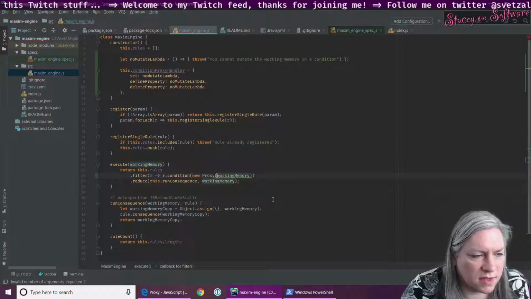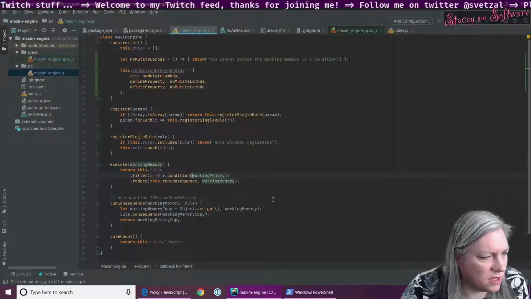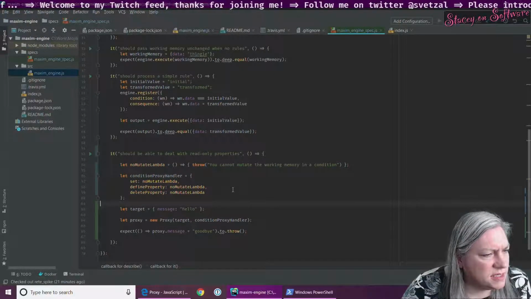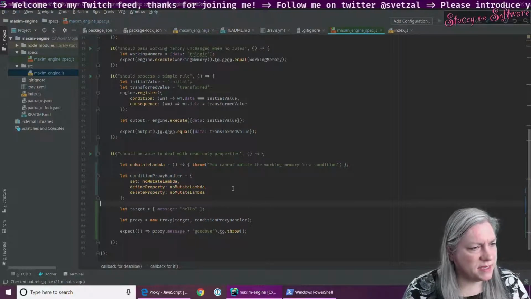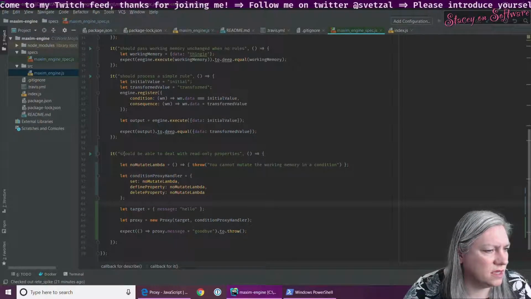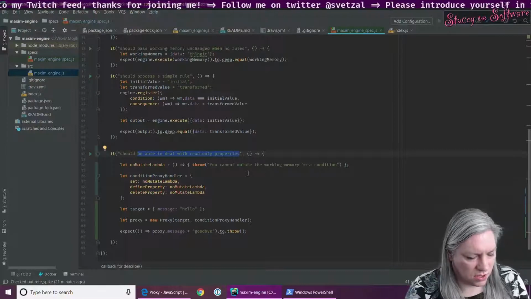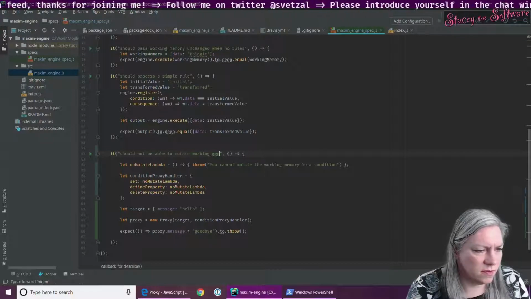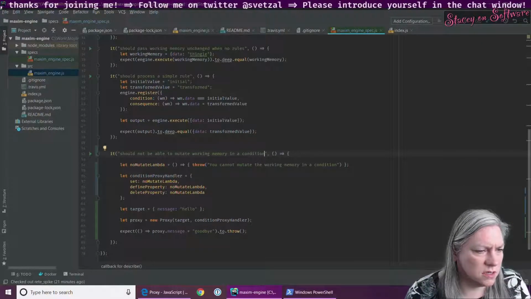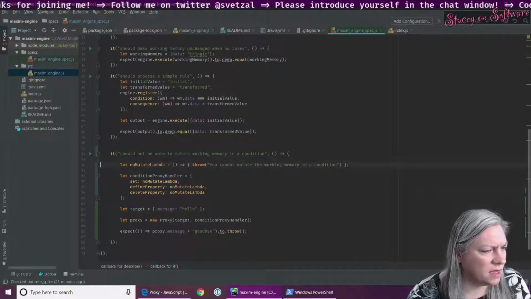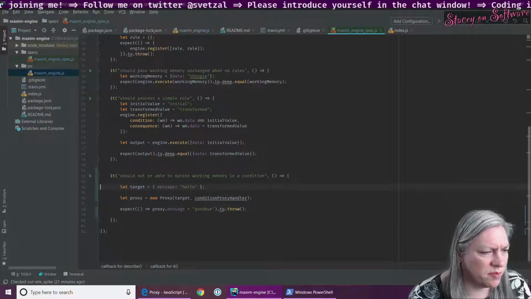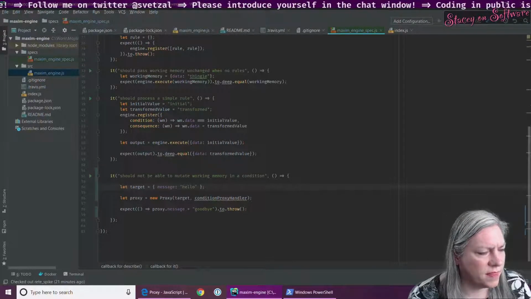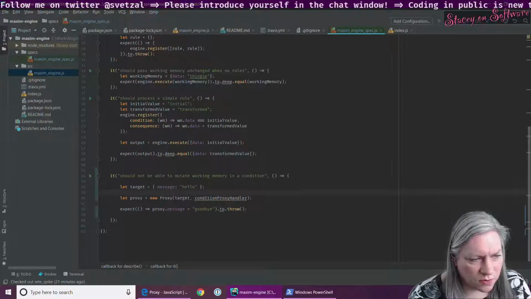Okay, so I'm writing too much production code here. What I need is a failing test. So let's see. Let's make a test. Should not be able to mutate working memory in a condition. Let's do that. Don't need to do these anymore. It's going to be part of the object. I'm still going to have an initial object to work with,